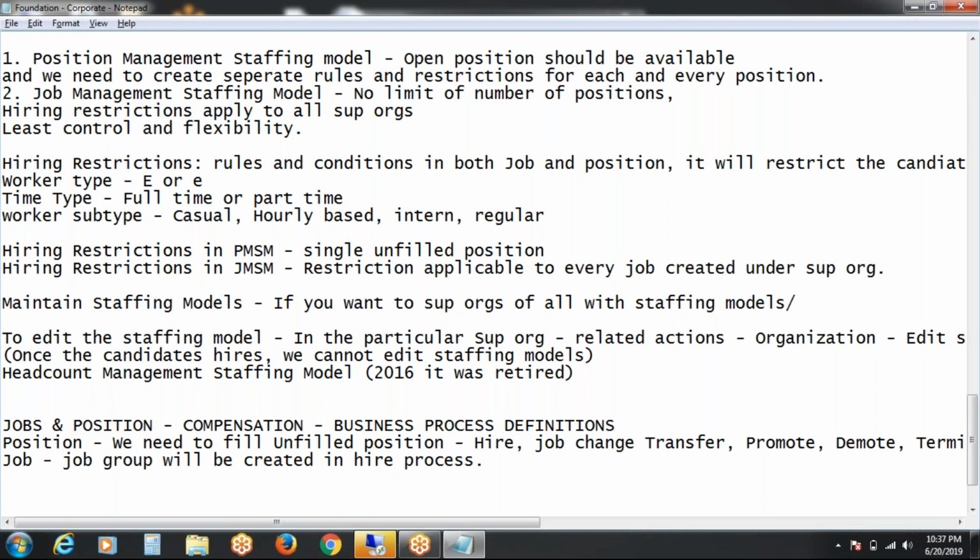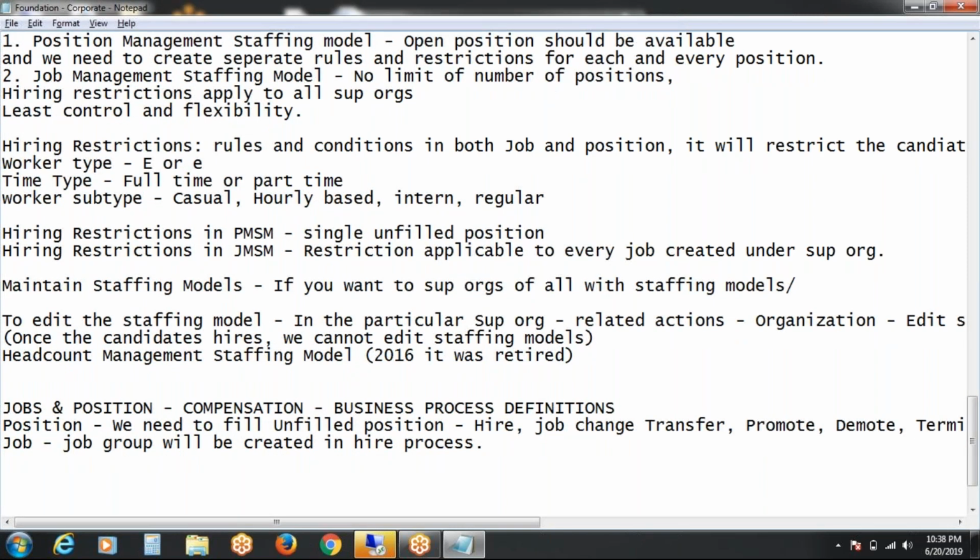Here, to create in jobs and positions, a number of required data fields are included in the hiring process. It includes job profiles, which enable the general characteristics of the position. The job profile is one of the important steps where we need to enable the general characteristics to fill the position or the job management.